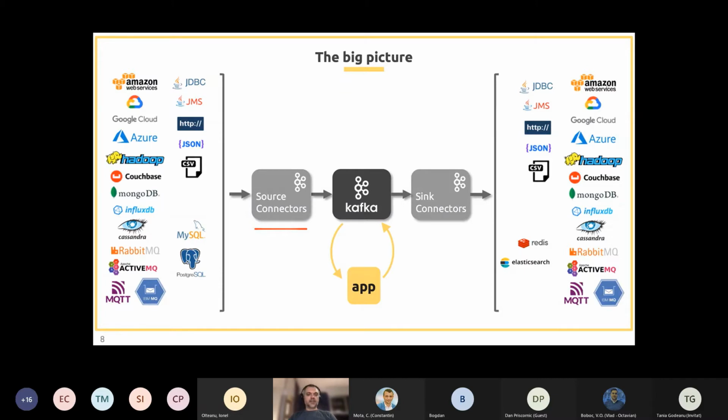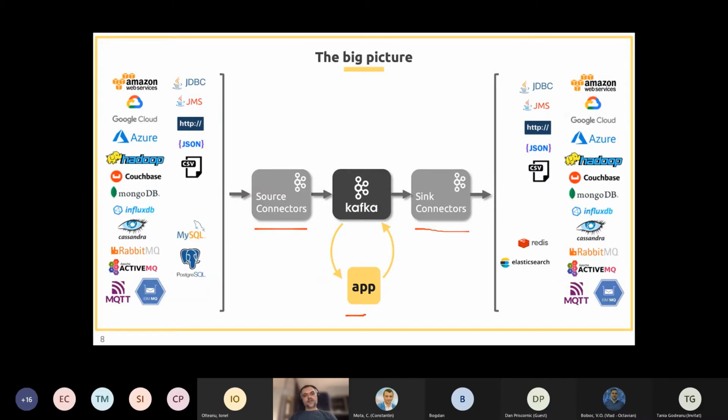And now the application can read that data from our Kafka topics, and it can do more advanced transformations or aggregations on our data. And after that, it can push the new data into Kafka topics.